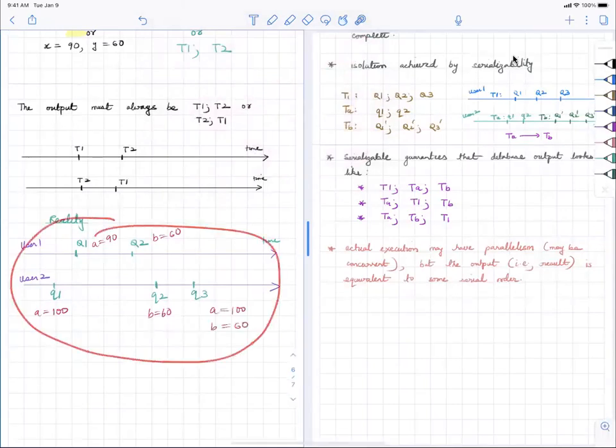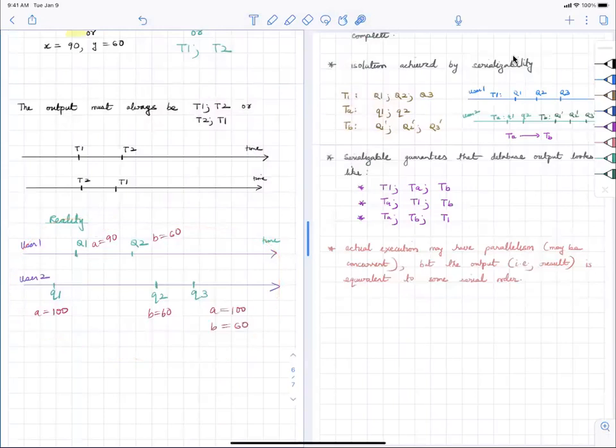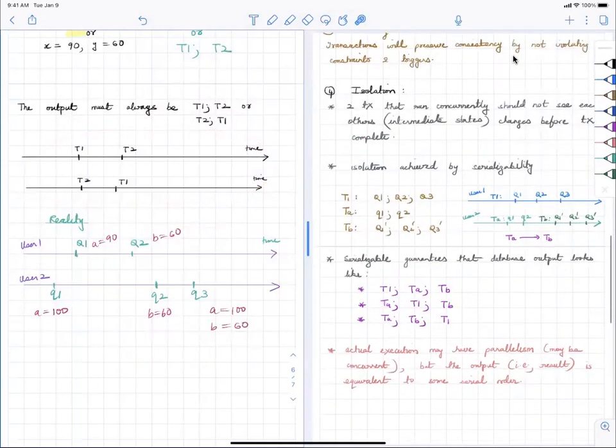But the database must always guarantee that when the output comes, it should always appear as T1, T2, or T2, T1. So that is the whole idea. That's why I said isolation is a little more complicated than any of the other three parts. And I'm going to continue with this in the next class. So do you kind of understand? Do you have any questions? Okay, so if you don't have any questions, I will